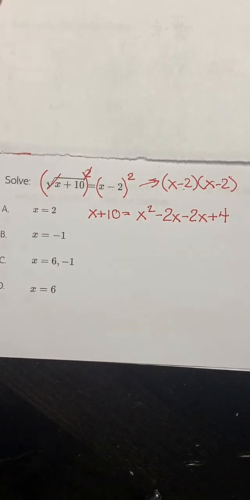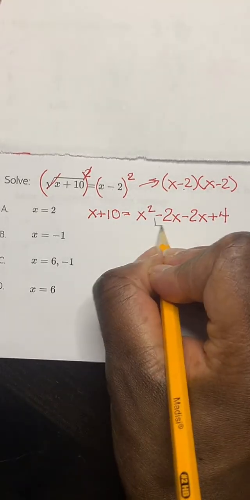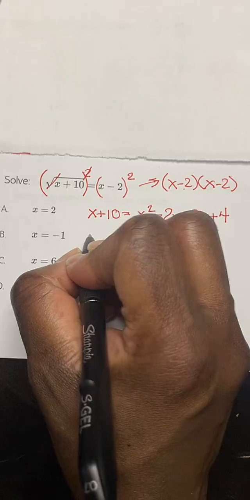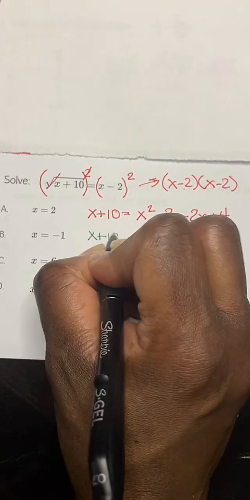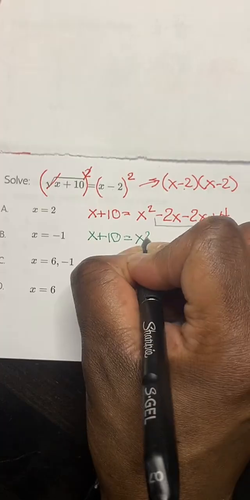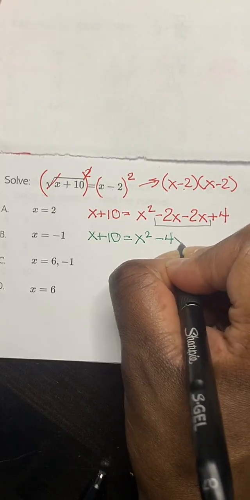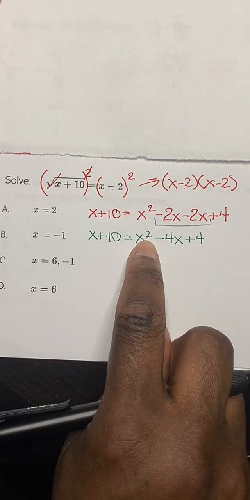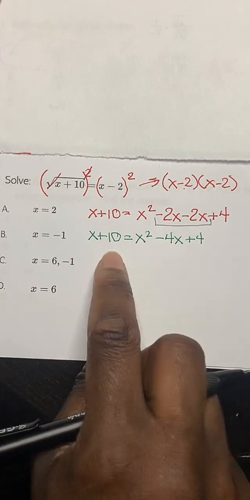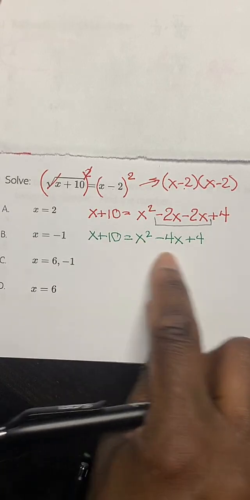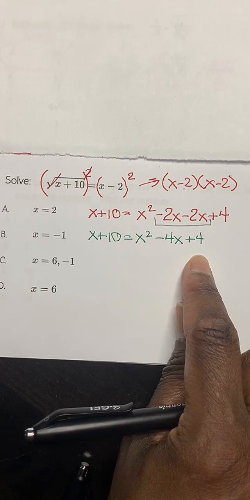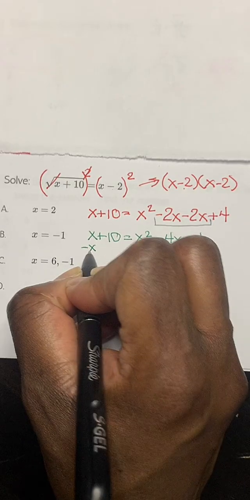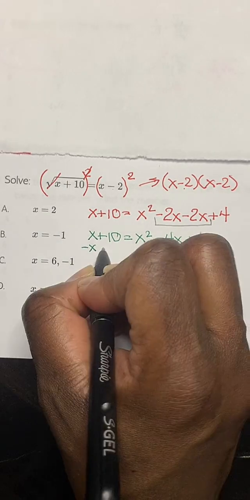So on this side of the equal sign, right here, we got like terms that we need to combine. So that means you'll have x plus 10 equals x squared minus 4x plus 4. Anytime you have an exponent that's to the second power, that means I'm going to need to factor and my equation should equal 0. Okay? So that means I'm going to subtract the x and I'm going to subtract the 10